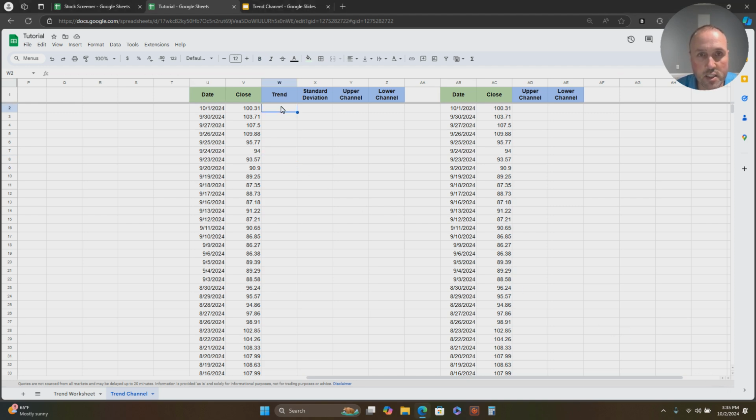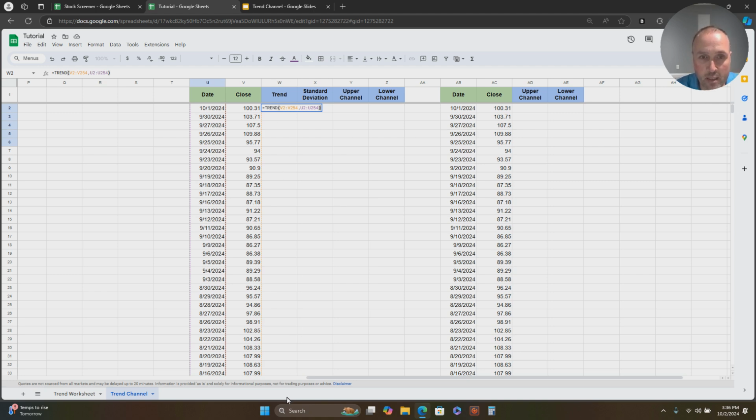Now we're going to go into cell W2 here and we're going to type in the formula equals trend. And we're going to grab our price and we're going to drag that down. We won't go all the way down. We'll just backspace 1 to 254 and then comma. And then we want to grab our date, U2 down to U254, and close parentheses. Now before I hit enter here, this is one formula that is going to bring back data